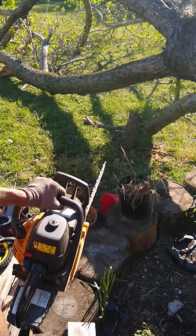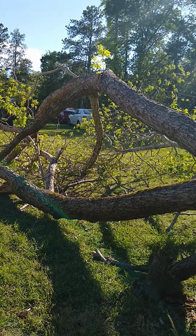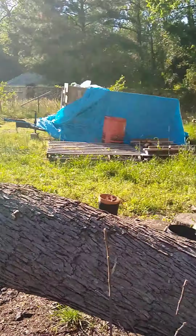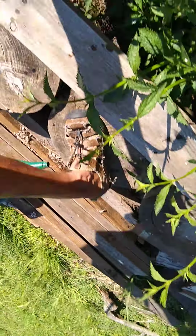To the tree. Yeah, that's a big tree. That's a big tree, you see? It's 3 in 1. Oh,